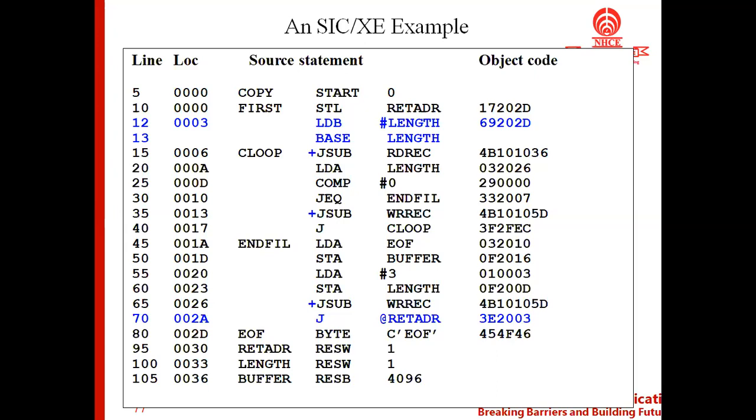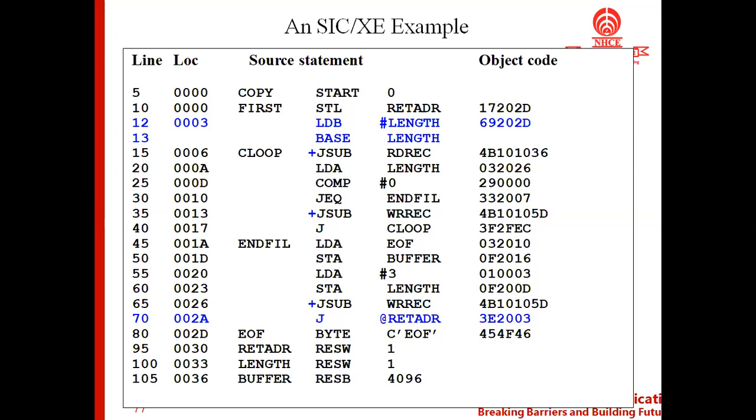Among the NIXBPE bits, the E bit was 1, and it represents direct addressing. Since the E bit is 1, it follows format 4 also. So format 4 basically follows direct addressing. The plus symbol represents the extended instruction format, that's nothing but format 4, which follows direct addressing.